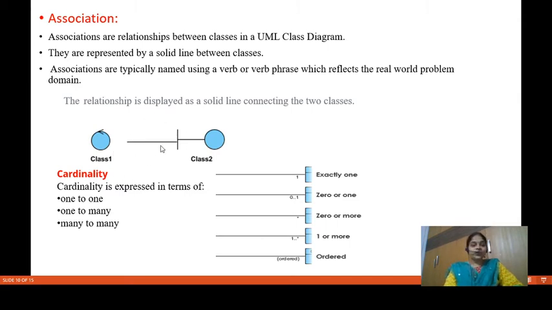solid line. And coming to the cardinality, it is expressed in terms of one to one, one to many, or many to many. Exactly one is represented on the line as 1. 0 to 1 means 0 to 1. 0 to more means the star symbol, and 1 to more means 1 dot dot star symbol, and the other one is